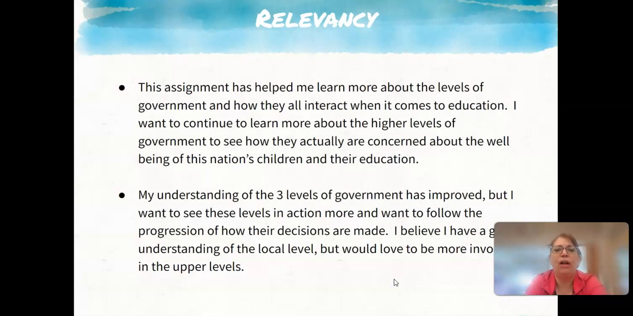This assignment, it sure has helped me learn more about the levels of government and how they interact when it comes to education. I really want to continue learning more about the higher levels of the government. I was talking about the federal, and I feel like I don't know a lot about the federal, how it's involved. And I would like to learn more and see how they actually are concerned with the well-being of their nation's children and their education. I feel like sometimes our federal government is not so concerned about the little people. And I hope, if I can learn more about that,